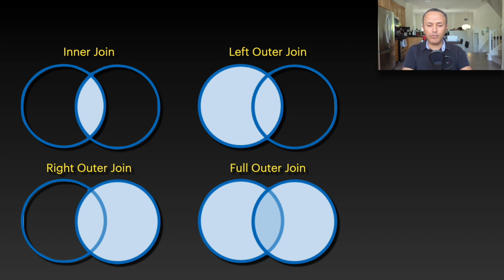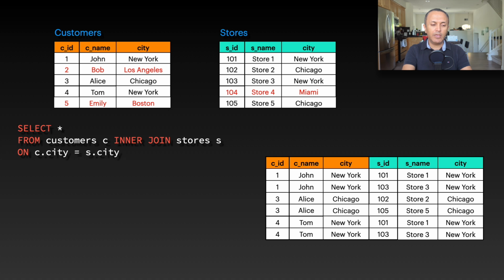So let's start with talking about the left outer join. Here is the inner join query that we just saw a few minutes ago. Now we want to replace that with a left outer join query. So we're going to replace the inner join in the query with left outer join. And this means it's a left outer join. So everything coming from the left side must appear in the results, whether it has a match on the right side or not. So the outputs of the inner join are going to be part of it, of course,